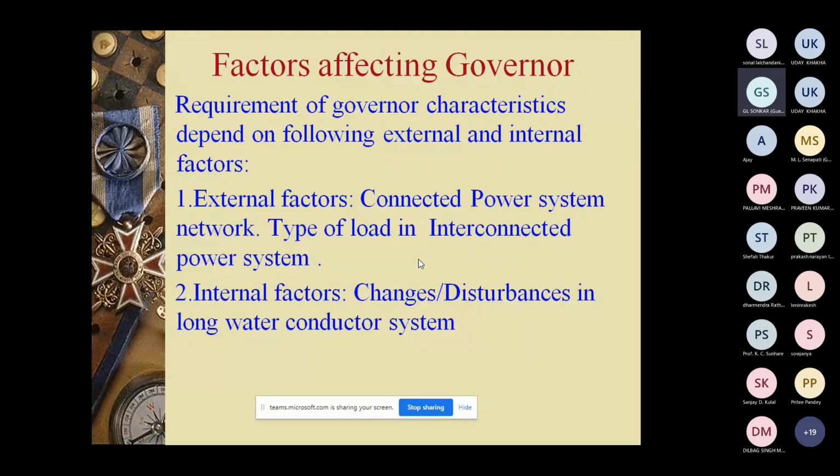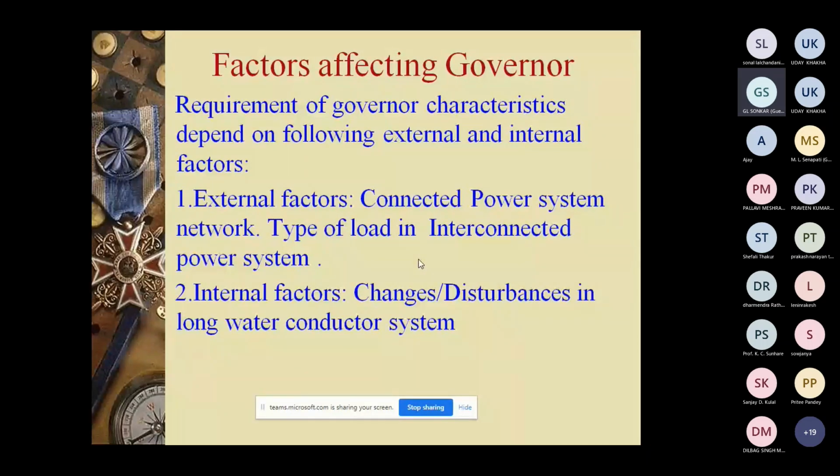there are some load throw processes. Suppose a machine is running at full load condition, suddenly some electrical faults are there. Your breaker tripped off. At that time the guide vane opening is full. The amount of water needed for full load operation was flowing, and suddenly your megawatt goes to zero. So you need to close the governor very fast. When you are closing very fast, what will happen? Pressure increases.